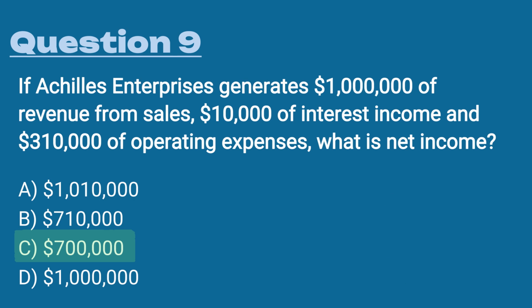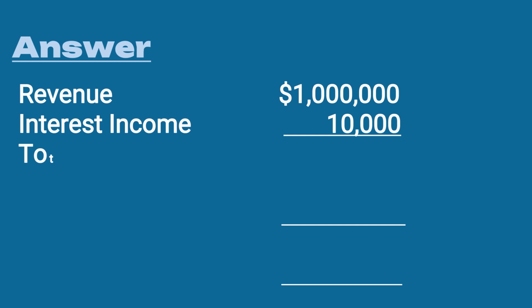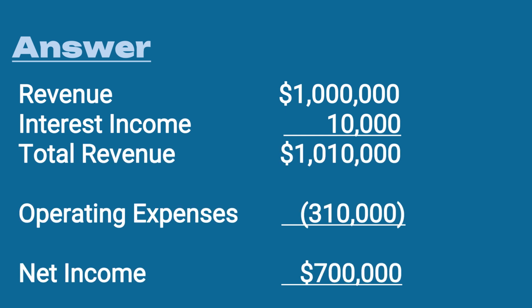The answer is C, $700,000. We're going to mock up an income statement here in the answer. You have $1 million of revenue. You have $10,000 of interest income. So your total revenue is $1,010,000. $310,000 of operating expenses. You take your revenue less your operating expenses, and you end up with $700,000 of net